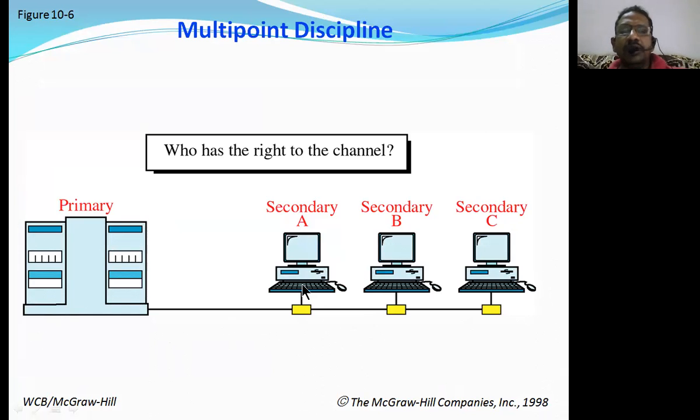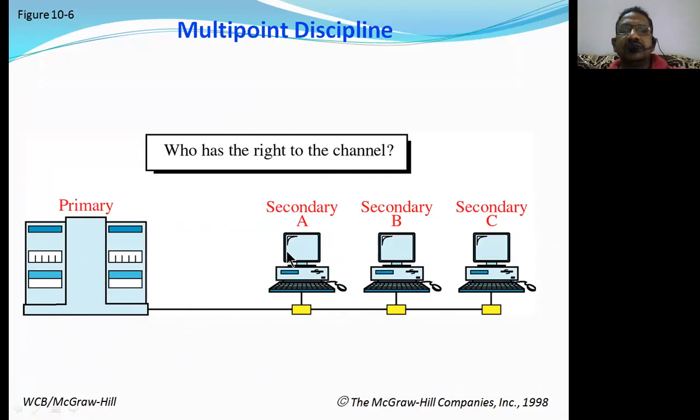That means multiple points are connected onto the same line, therefore it is called a multi-point discipline kind of line connection. Whenever this kind of network architecture is connected, we normally use the poll select method. The question it answers is who has the right to use the channel.